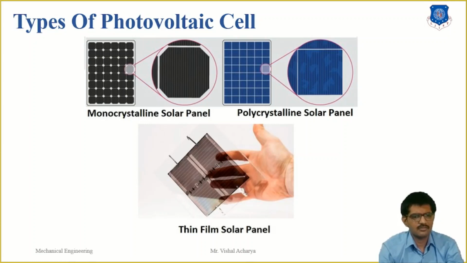Our third solar cell is the thin film cell. Crystalline PV cells dominate the market, but cells can also be made from thin film, making them much more flexible and durable. One type of thin film PV cell is the amorphous silicon cell, which is produced by depositing a thin layer of silicon onto a glass substrate. The result is a very thin and flexible cell, which uses less than 1% of the silicon needed for a crystalline cell. Due to this reduction in raw material and a less energy intensive manufacturing process, amorphous silicon cells are